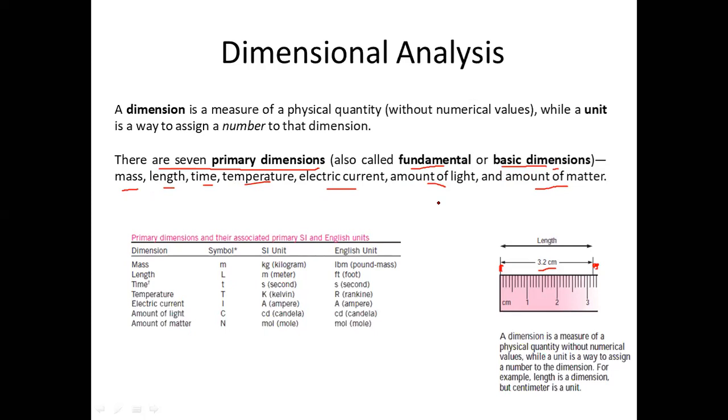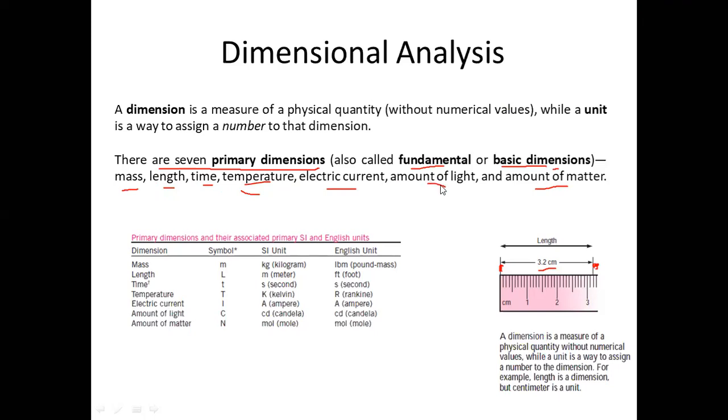Any doubts? Sir, fundamental are only three, na sir? LMT, length, mass, and time, sir. No, there are 7. Apart from mass, length, and time, there are temperature and current. You cannot derive the units of temperature from MLT. So temperature is an independent dimension. Similarly, current is an independent dimension. You measure charge as coulombs, so it is also an independent dimension.